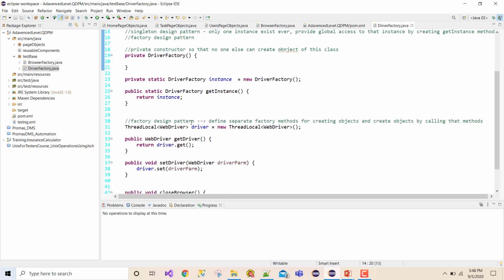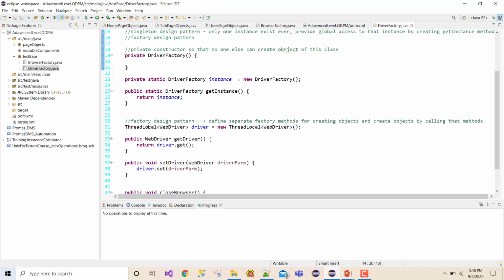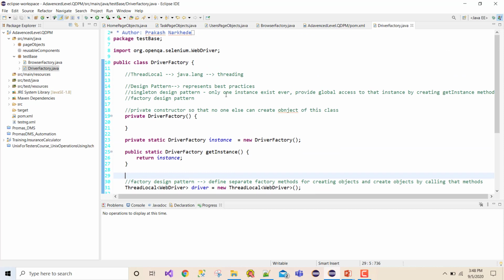Now what will happen, however many threads you want to invoke, each thread's copy will get stored into thread local, and whenever you want to access the respective thread, it will get called. Right. Now, how we are going to call it, that is something I will explain in my next video. This is going to be very long, so I'll cut it over here. But yeah, I think that's it. We are done with this particular test base.